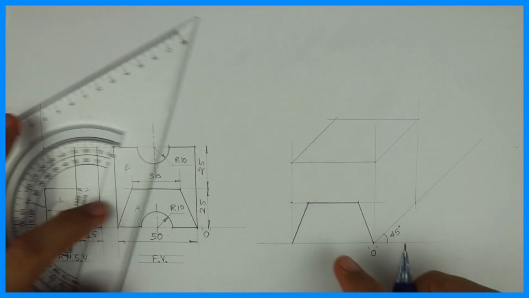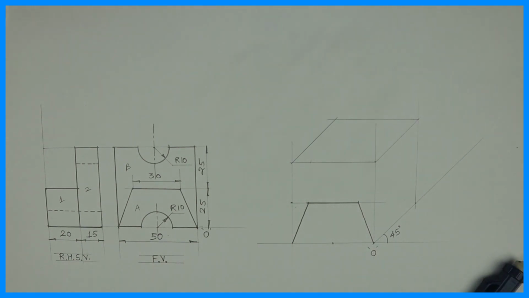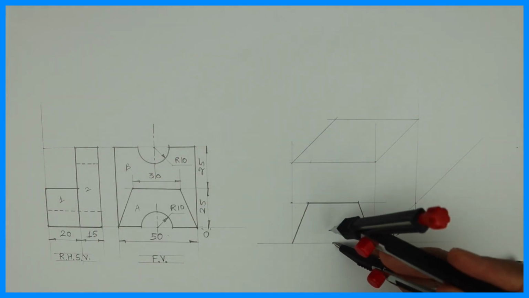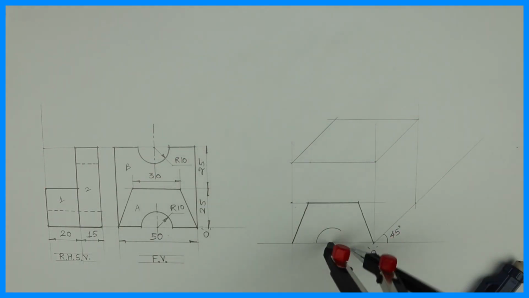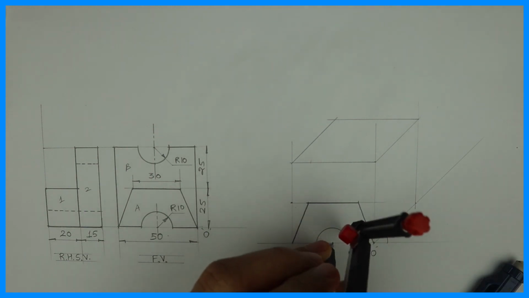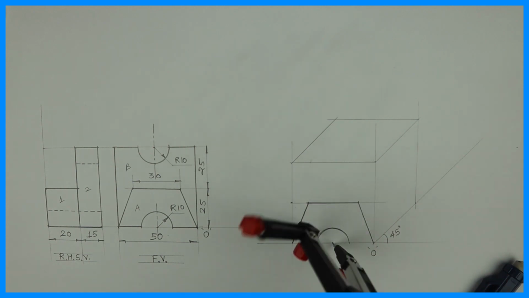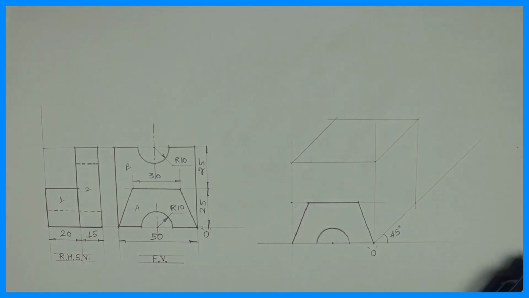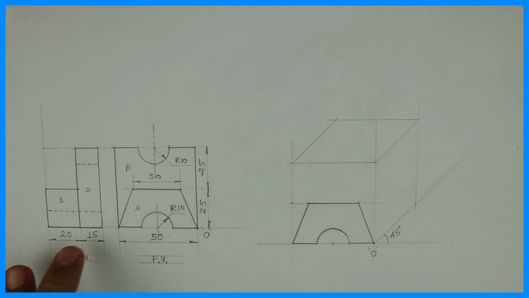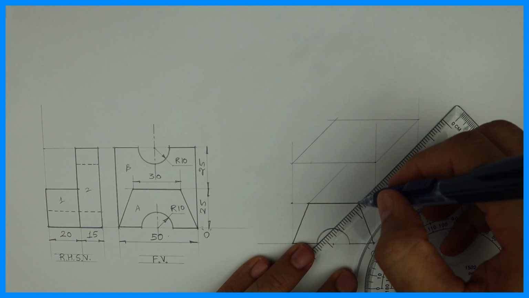And you draw part A like this. You take center point and take radius 10. Now after doing this, width of this object A is 20. So take all the points behind by 20.